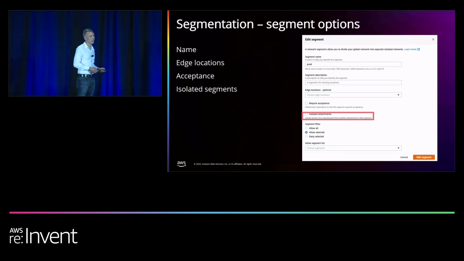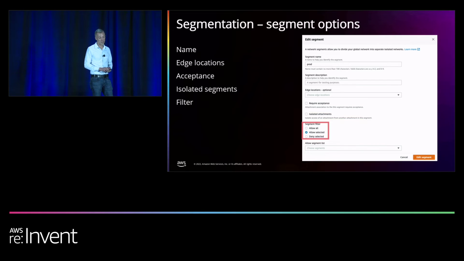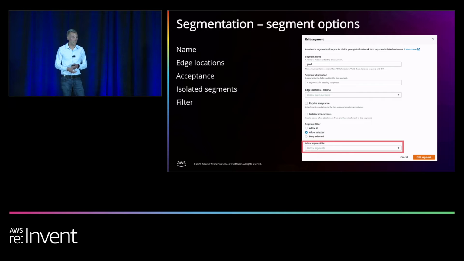We can also go ahead and isolate attachments. We might not want attachments in the same segment talking to each other. A simple checkbox here, and then we isolate all that traffic, and each segment is individual. Kind of limits some of the utility, but there might be use cases to leverage that. We can also filter out our segments, and this is where, when we were talking about segment sharing and learning routes from other segments, there's either an allow all, we can allow selected, or deny selected. So here we're showing allow selected, and then from this drop-down list, you choose the segments that you're allowed to talk to. So maybe prod can talk to hybrid or talk to egress or ingress, but not to dev. We can codify that through this segment option.